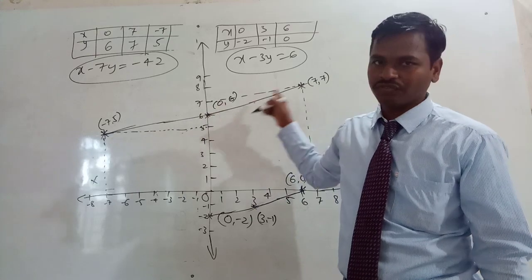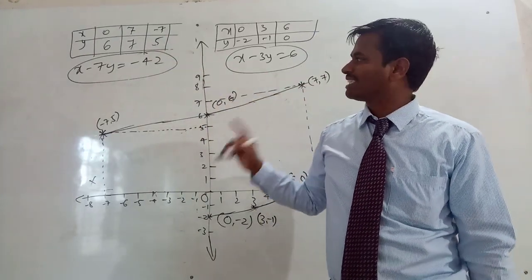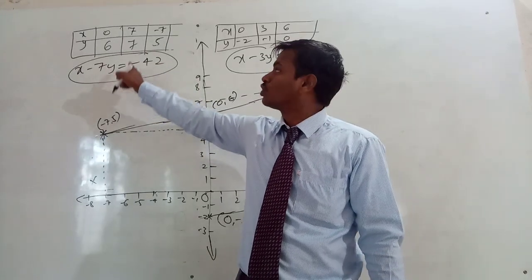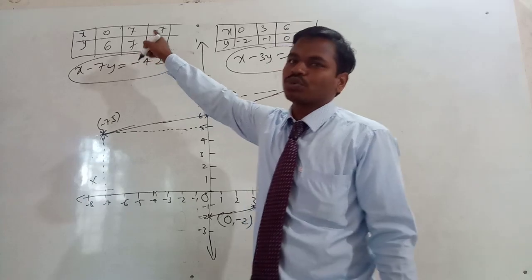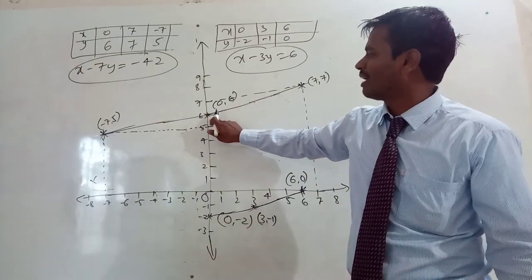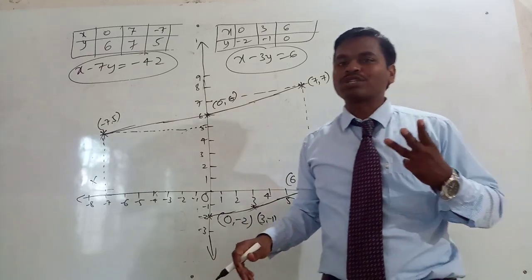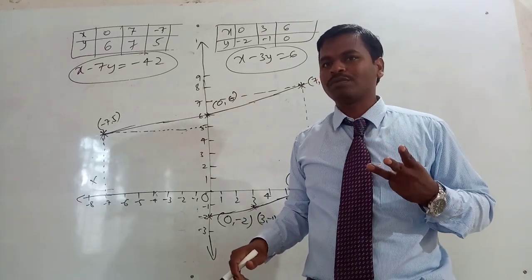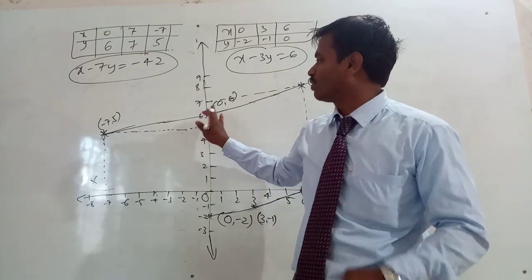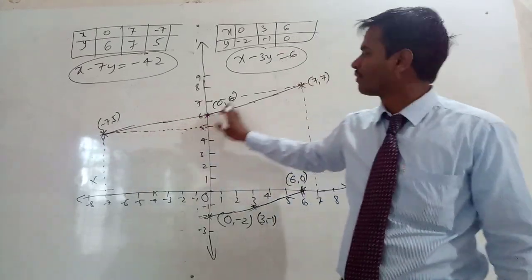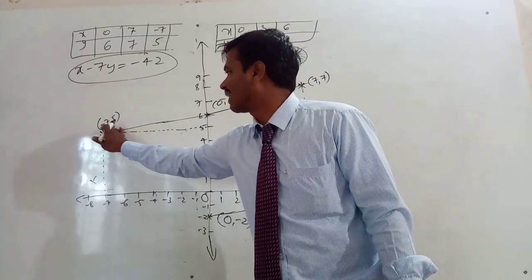Then we will draw the graph. Without these coordinate values, we cannot draw the graph. First, using this algebraic equation, we should get the coordinate values. Using these coordinate values, we are drawing the points. We are marking the points first. I told you, minimum 3 points you should mark. Maximum, any number of points you can draw here. Marking 3 points and joining them, we must get a straight line.